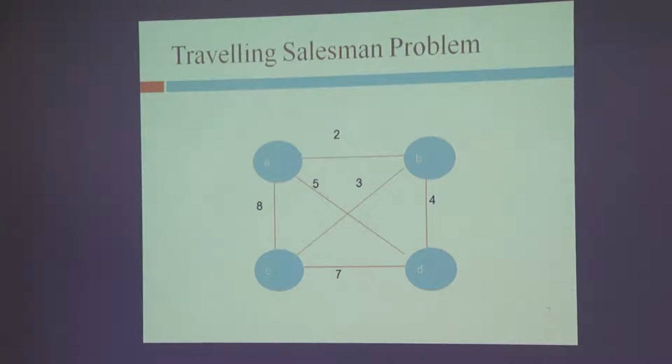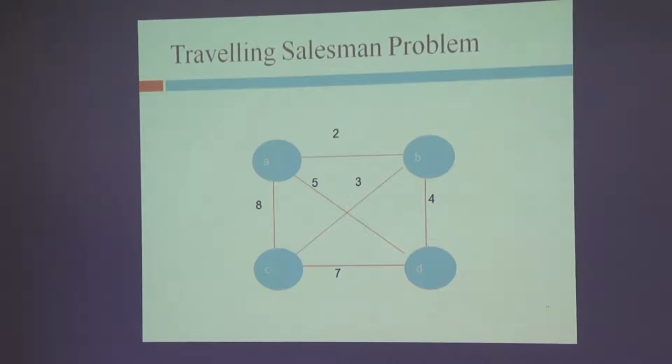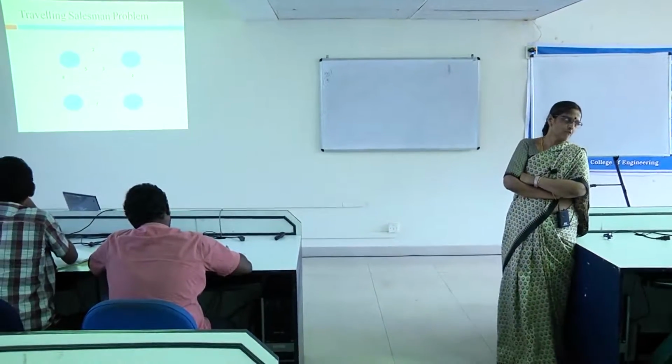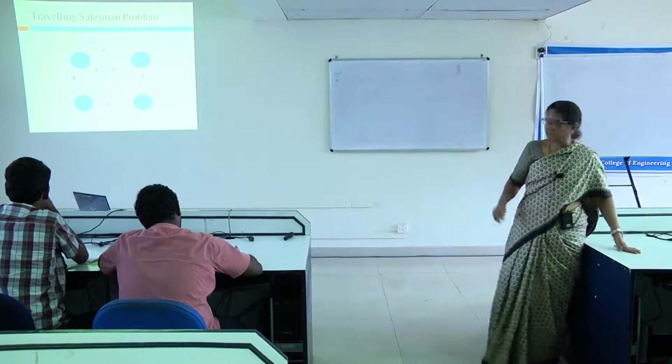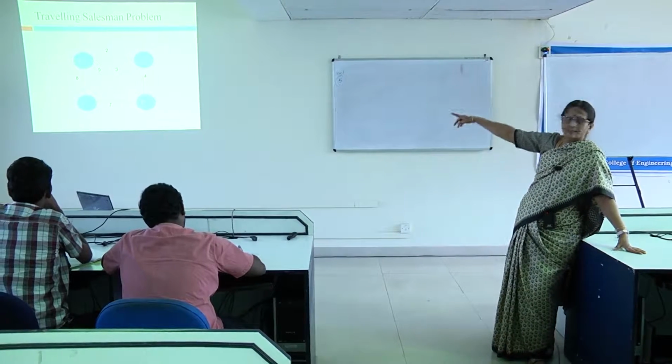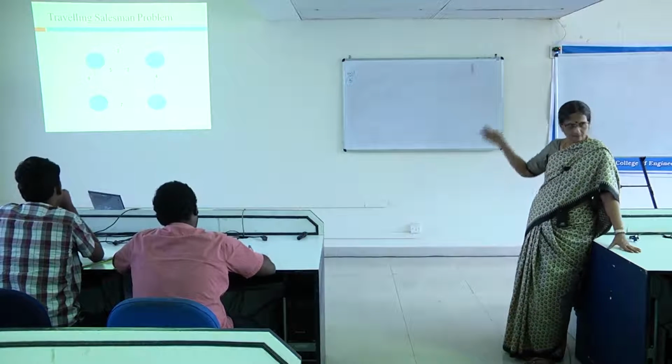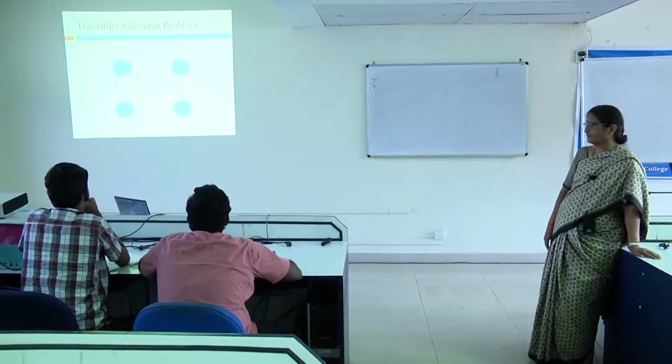What is a complete graph with 3 vertices? Triangle. Complete graph with 2 vertices? Complete graph with 4 vertices? You should not draw a square, it has diagonals. This is a complete graph. So a complete graph with 4 vertices will have the diagonals also. So it's a complete graph, and it is a weighted graph. All the edges have weights, and it is an undirected graph. You start from where? So the edges have weights 2, 5, 3, 8, 7, and 4.